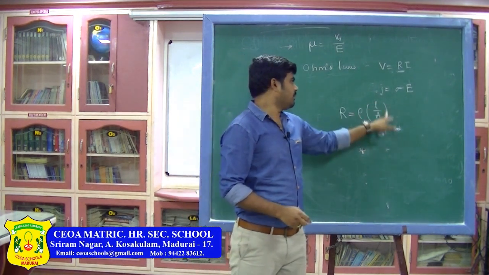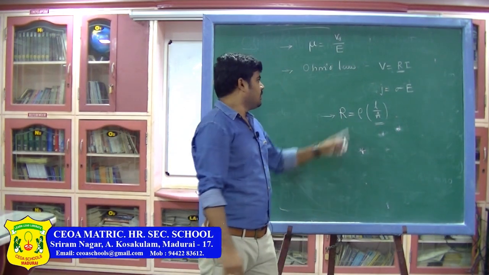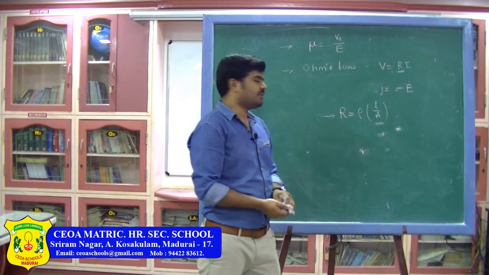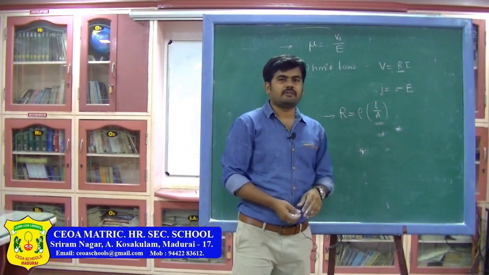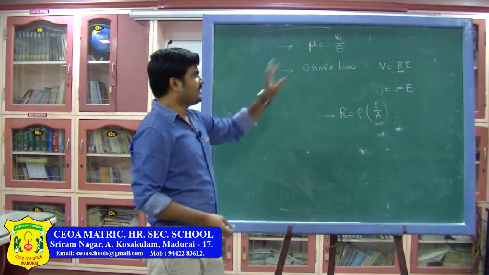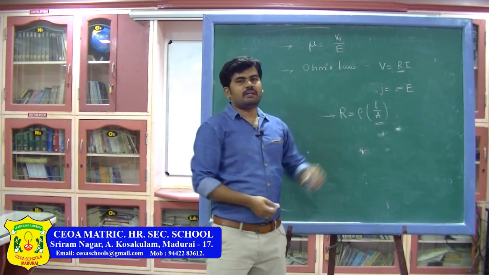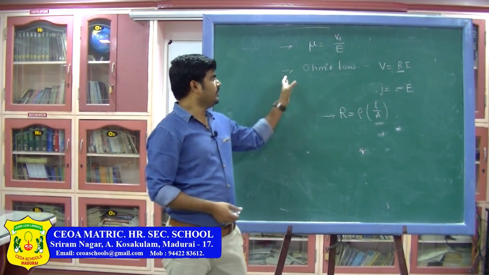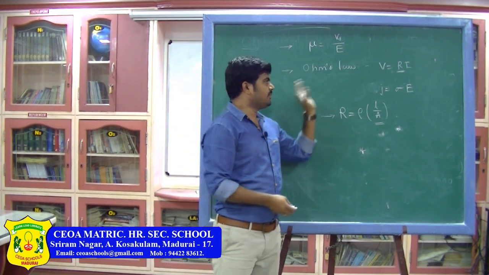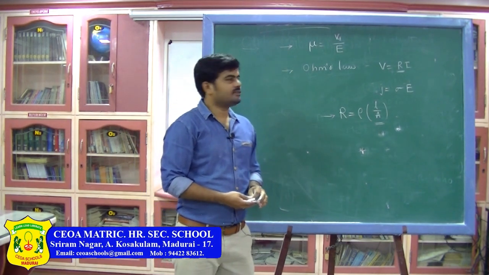R is equal to rho L by A, and I told you different forms of this equation in terms of mass, density and volume, and in terms of mass, density and length, which are very important. Then we discussed some definitions: electrical resistivity and its SI units, electrical conductivity and its SI units and dimensional formula, and then the definition of electrical conductance. So, this is what we discussed in today's class. All concepts are very important, so just go through all of them.